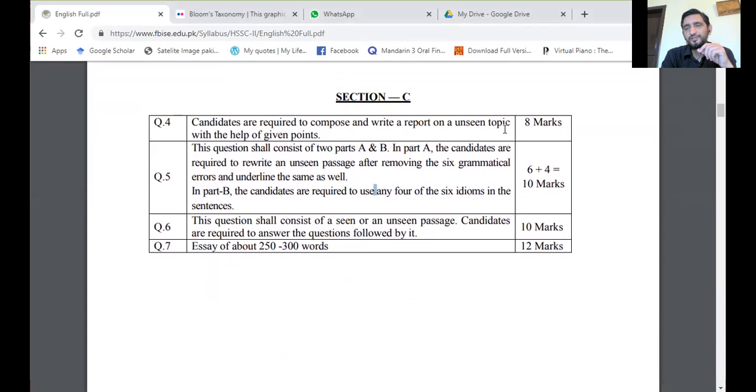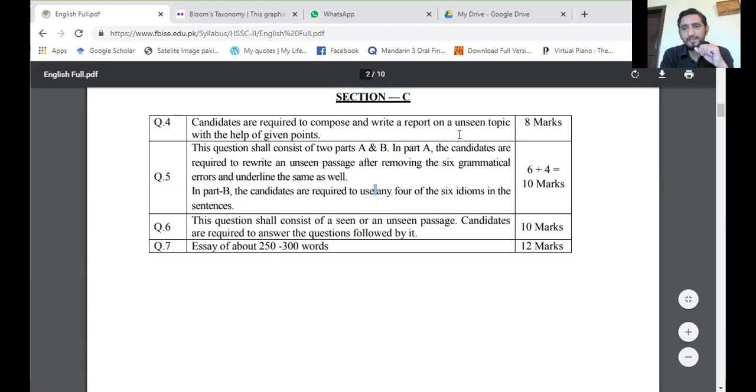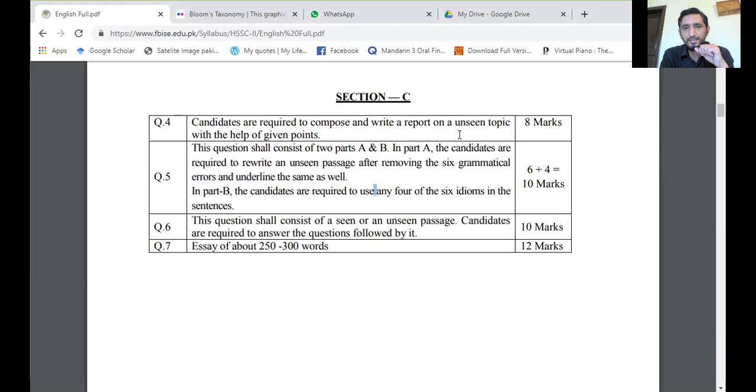In real life situations or when you are in a professional capacity, reports are the thing that are demanded of you. For example, if you go into the police department and something happens in some city, your boss will ask you for a report about that incident. If you are a manager in some company, your boss may ask you for a report regarding a certain aspect of the business or whatever profession you're in. So report writing is very important, and it's very good that they have included this in the paper. So it comprises 8 marks.